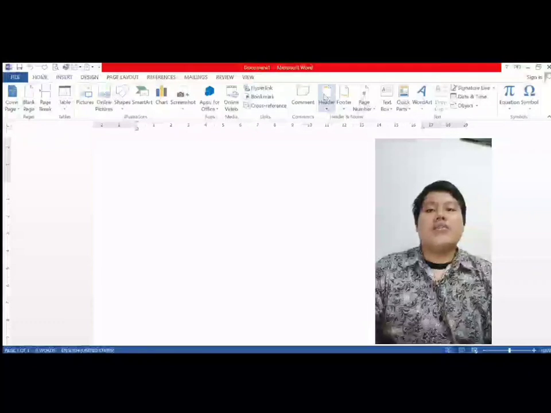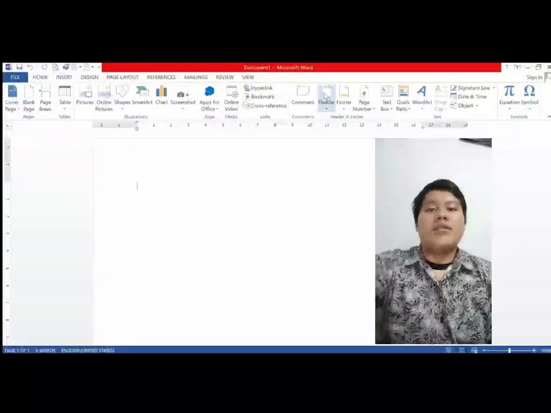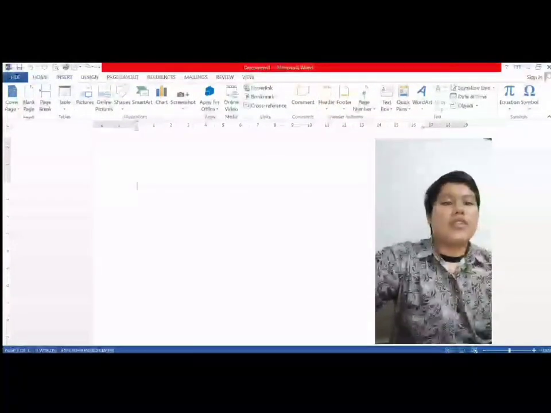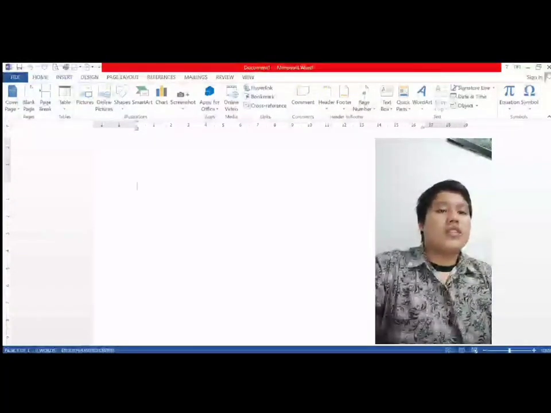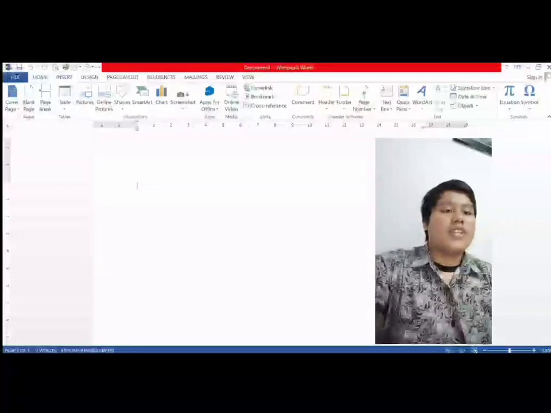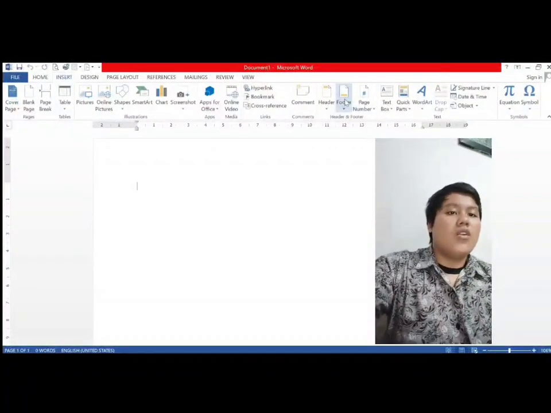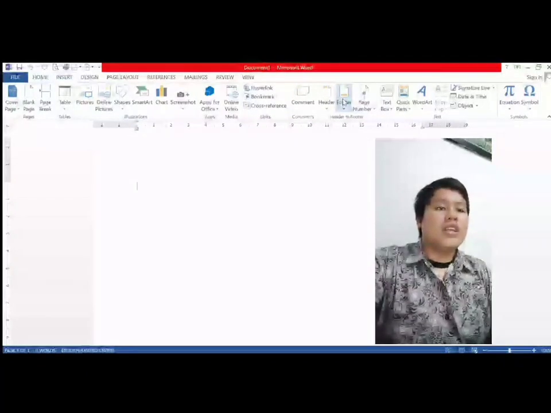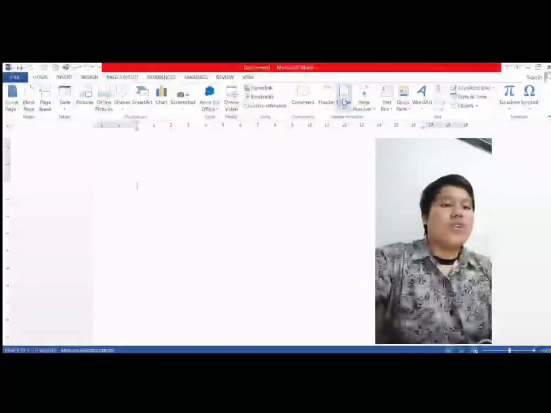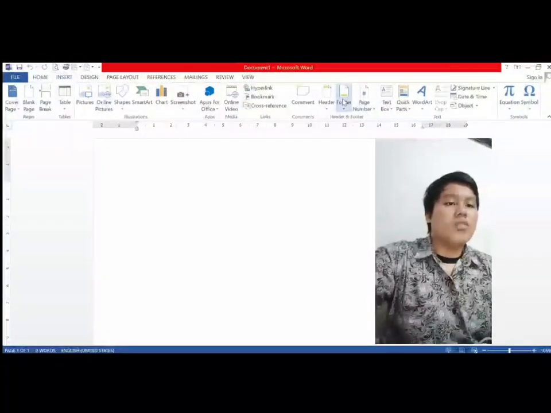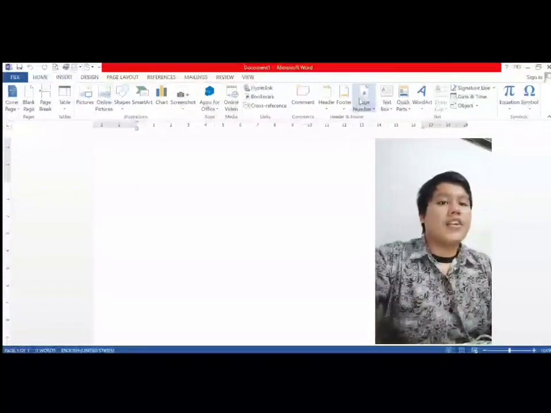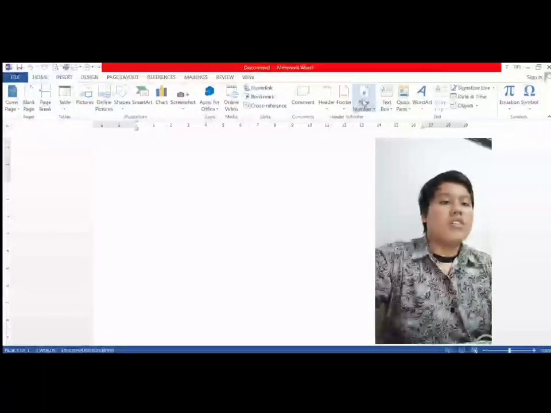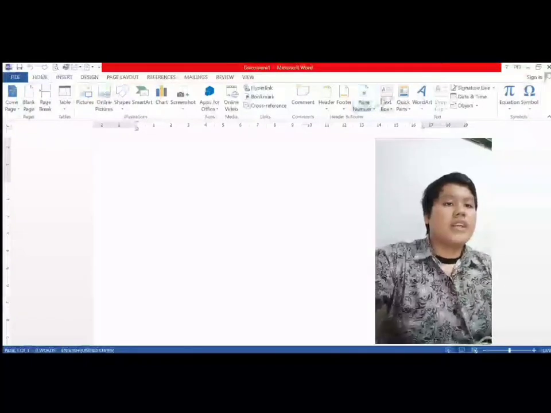Header icon is the function to help you repeat content at the top of every page. Footer icon is the function to help you repeat content at the bottom of every page. Next icon, Page Number, is the function to number the pages in your document. Text